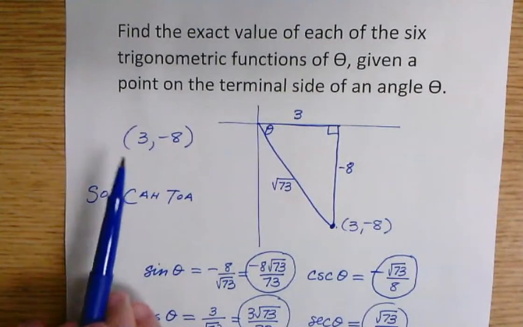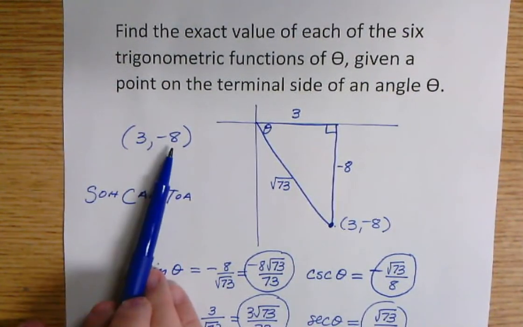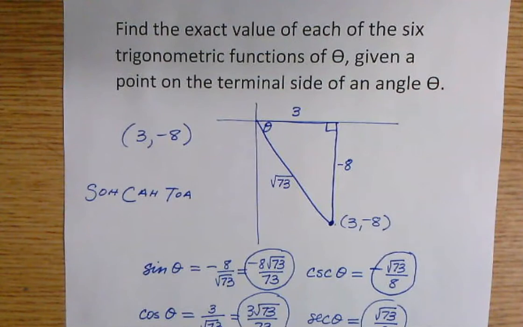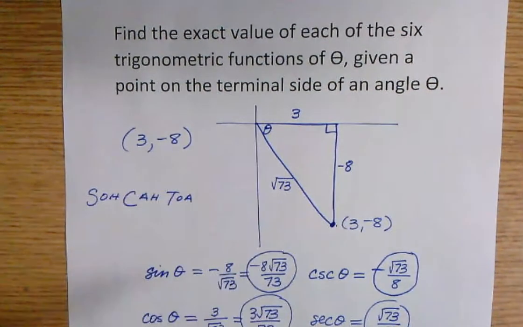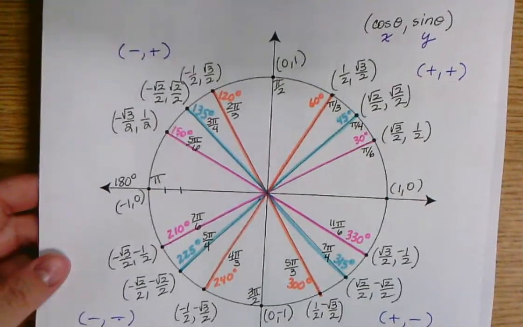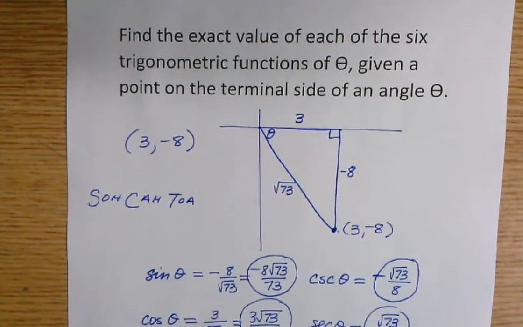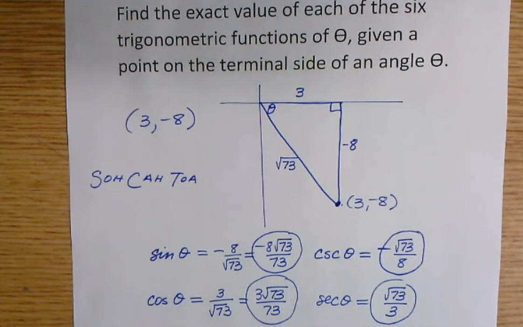Okay, so if you see values that don't seem to be unit circle values, and that's very often the first clue, you're humming along using the unit circle, and then you see a problem like this, and you're like, wait, I do not see 3, -8. Well, that means you're going to draw the triangle. All right, next up,